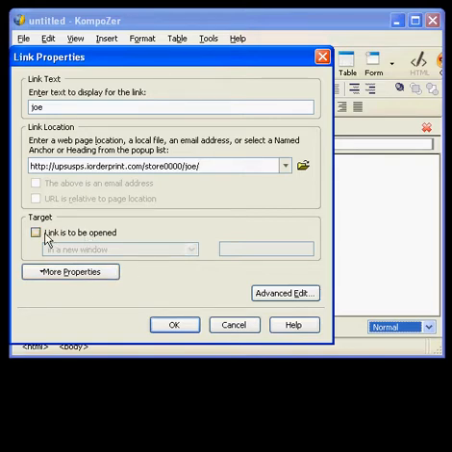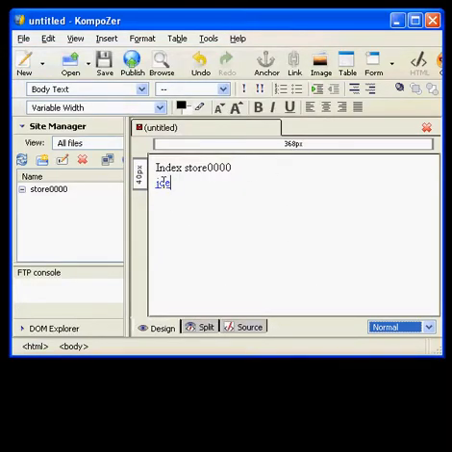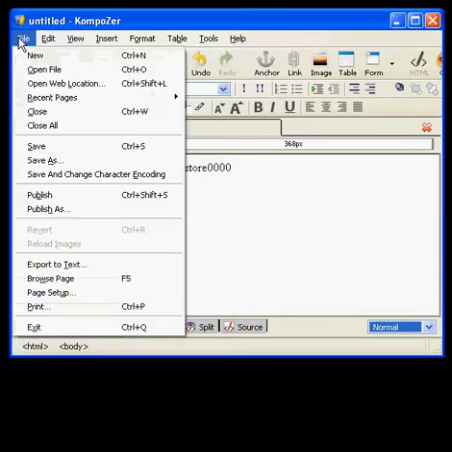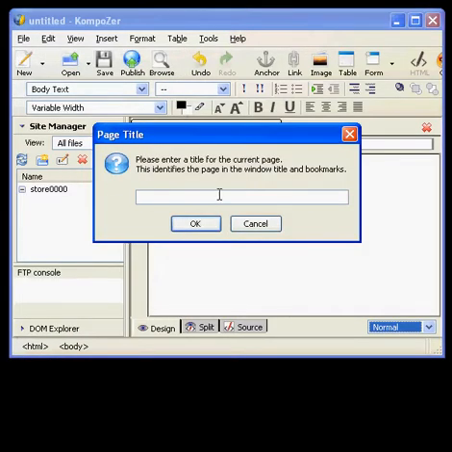And you could actually say that links can be opened in a new window, or we're going to actually change the window in the browser, so that's enough. So now we show that we have a hyperlink. So let's go ahead and put that up without creating a directory, and we'll see what happens. So we'll save this as